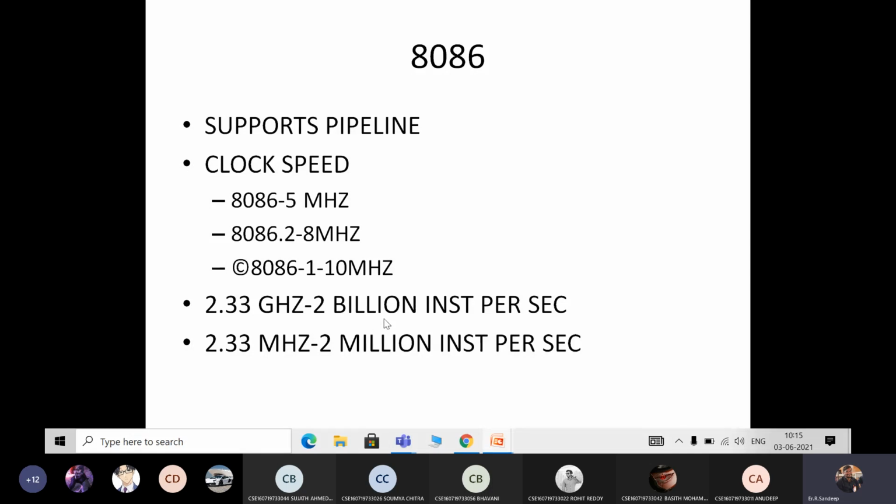So the meaning of 2 gigahertz and 2 megahertz is this. If any microprocessor is represented with 2 gigahertz, that means it can process 2 billion instructions per second, not per day and not per hour and not per minute. Per second it can execute 2 billion instructions. So you can imagine the speed of the microprocessor, how powerful a device it is. In the same way, 2 megahertz means it can process 2 million instructions per second. So which one is greater, 2 billion or 2 million?